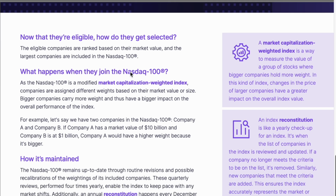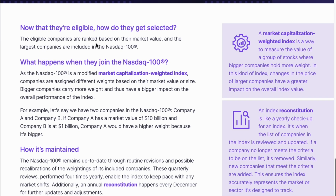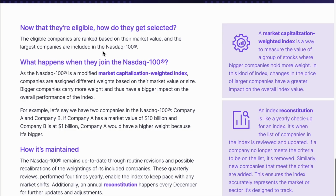But once they're eligible, what they do is rank them based on their market value. So in rough terms, basically their market cap. And then once they're ranked, the largest 100 companies get put into the index and then weighted based on their market capitalization. So in a nutshell, what you have is 3 companies that have done really well over the past